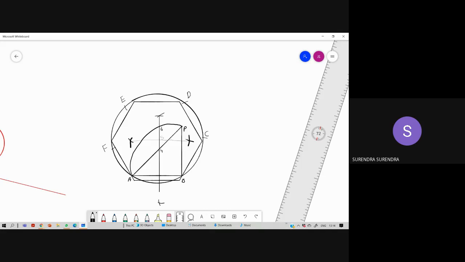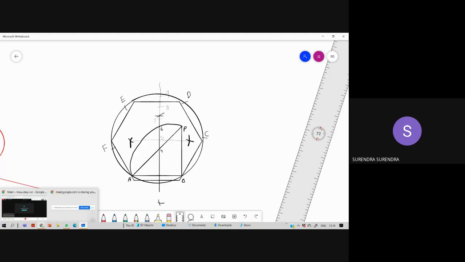Suppose if it is more than 6, 7, 8, 9 and so on, with compass, measure the distance from 5 to 6. Take 6 as center and if you draw an arc on this line, you'll get 7. You can also extend this line. Next, 7 as center and same radius, you get 8. 8 as center, if you draw one more arc, you'll get 9. Suppose if you want an octagon, 8 as center, 8a radius, we should complete the circle.